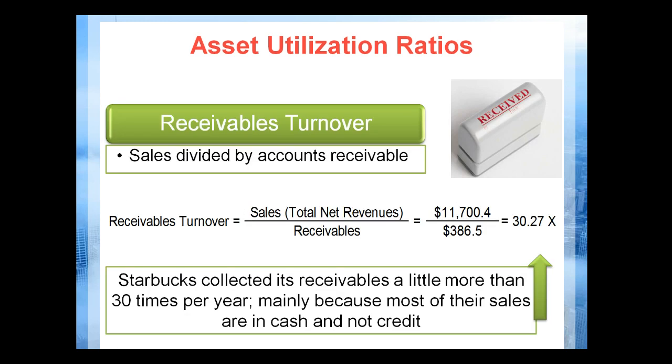Accounts receivable turnover is, well, if you have an organization and you sell services, and instead of getting cash, you get an IOU from that organization, and you say they're going to give you your money within 30 days. That's a receivable. Now, how fast you get your receivable turned into cash is very important, because in this example, this particular ratio is 30.27. Well, that means you're getting a little more than 30 times per year. You're not getting the most out of your sales.